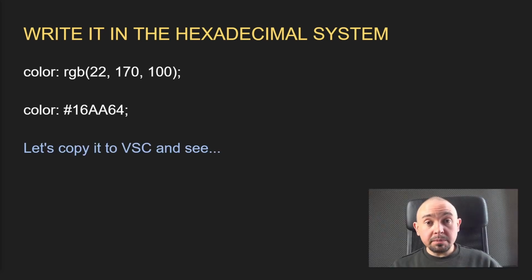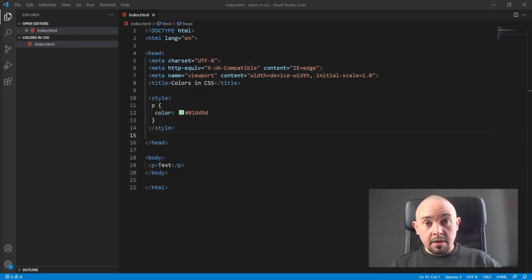Our result should be like this. Now I will copy this value and show you what it looks like in the code editor. Now I have my Visual Studio Code open. With this simple document you can see, it's only an index.html file with the one p tag in the body and the style tag in the head, with one CSS rule for our p tag with the color property. Now let's paste the color from our example